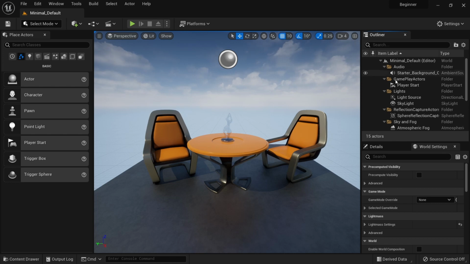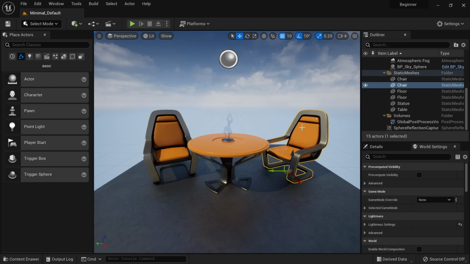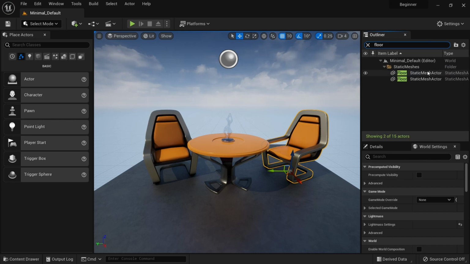To view the asset, all that you have to do is click on it, and it highlights it within the viewport. You can also select the same asset, say if I wanted to select this chair, and it will then select the corresponding asset within the outliner as well. If you know what asset you're looking for, you can search for it in the search bar. Say if I wanted to look for the floor, and then it automatically sorts everything that then contains the floor,